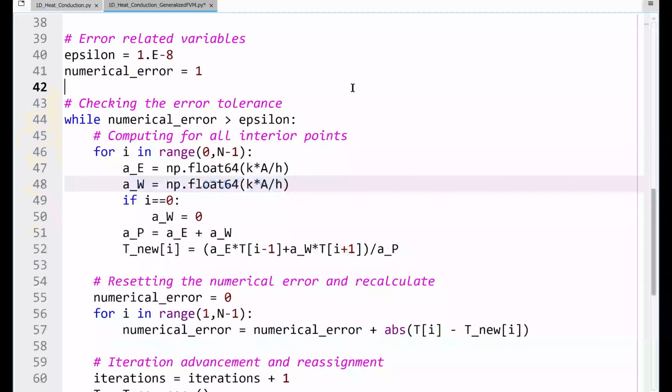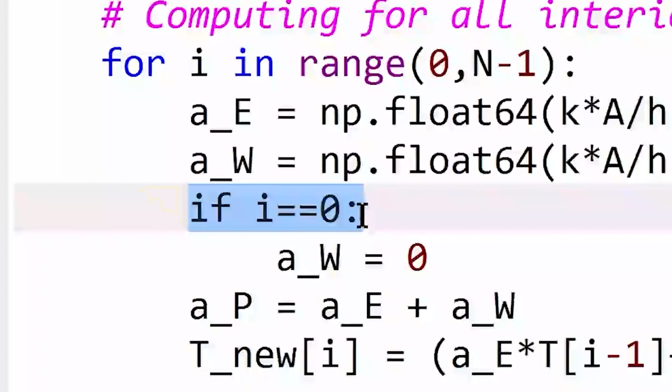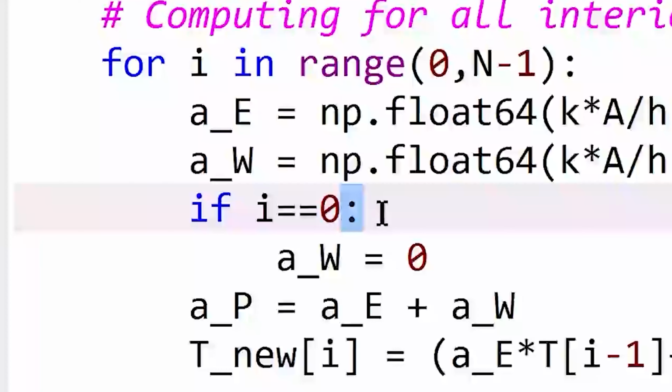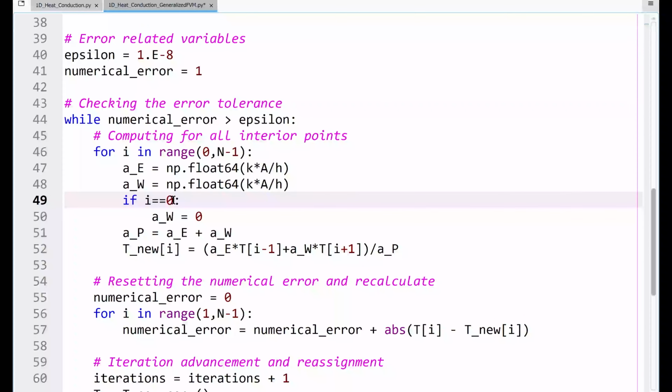So in this case I have to tell my code that if i equals 0, so this is the syntax of the if statement. I'm telling the code, if that i index, the index that is going on in the for loop, takes a value of 0. The syntax is if i followed by double equals. So I'm asking the Python script to cross-check if the i is 0. And again note that I have this colon here because that takes care of the syntax.